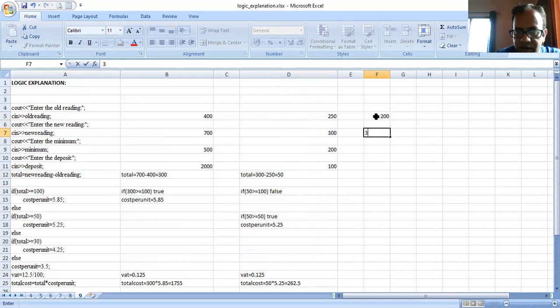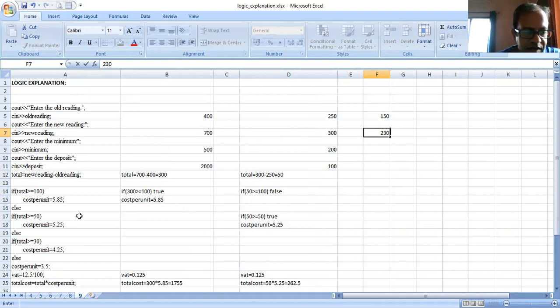We want a smaller consumption here, so I'll take one lower value. So 230 minus 150, our consumption is 80.